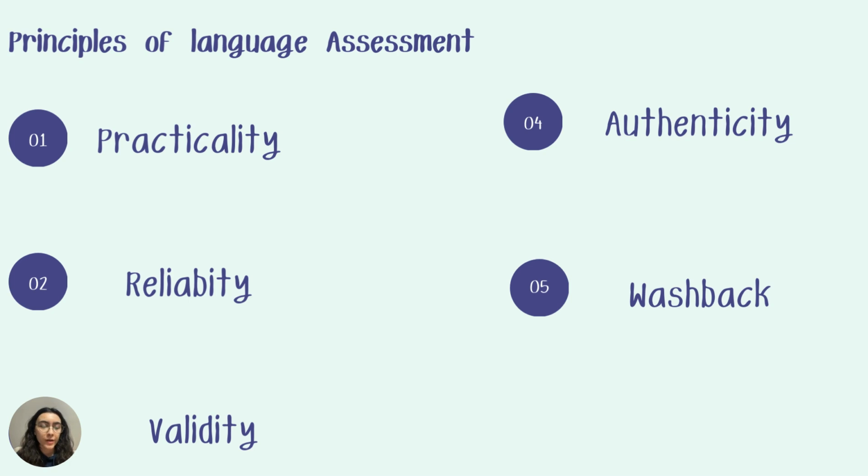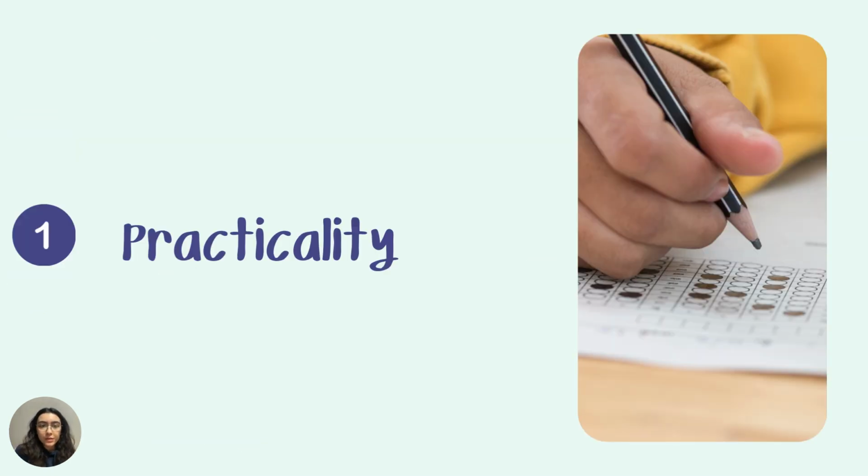We have practicality issues. We will see how practical a test should be and what are the important things that we should pay attention to. We will see reliability and what are some issues under reliability. We will see validity and how to make a test valid. We will cover some authenticity issues and we will see what a washback effect is. So, starting with the first one,